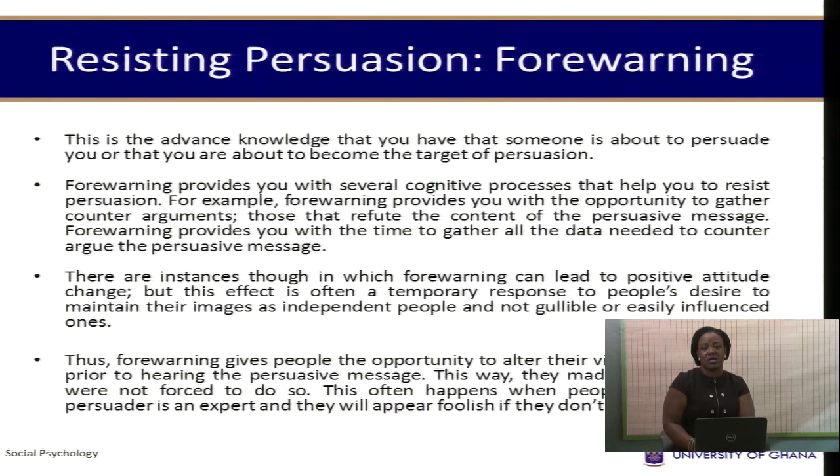And how do we do this? Persuasion can be resisted through forewarning. Forewarning is where you receive prior information that somebody is coming to persuade you. So for instance, somebody comes to tell you, there's a gentleman coming to see you today to ask you for a loan. Try and get your answer before he appears. So before the person comes, you start giving reasons why it's not possible to give a loan, so he does not persuade you to give him a loan. So forewarning provides you with a kind of inoculation. You prepare your ammunition, your answers with which to fight against the persuasive message.